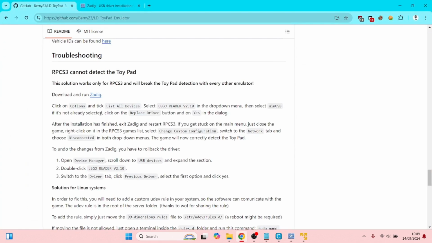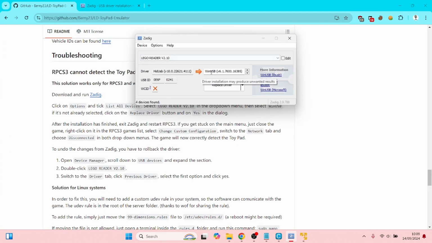And then as stated here, it should already be transferring to WinUSB. If it's not, you can click the arrow to get to WinUSB, but it should say that here, and then it'll say that here, and then you click replace driver. Don't do this if you're on Cemu. It will break it for Cemu, but it will fix it for RPCS3. I'm not going to click replace driver because I use Cemu, but if you're on RPCS3, that will need to